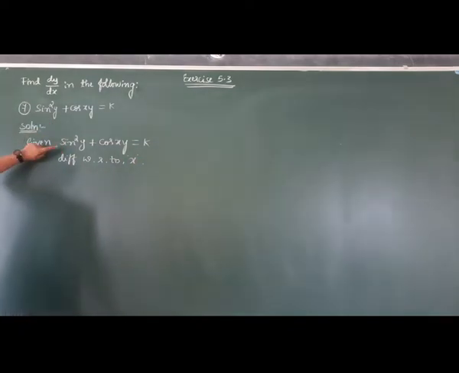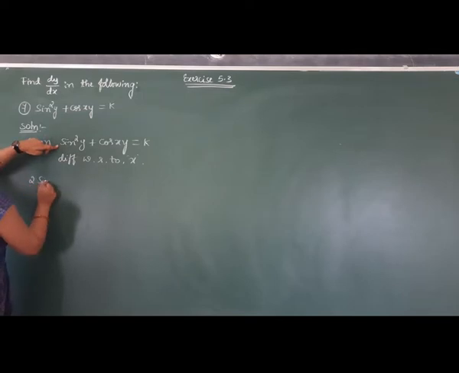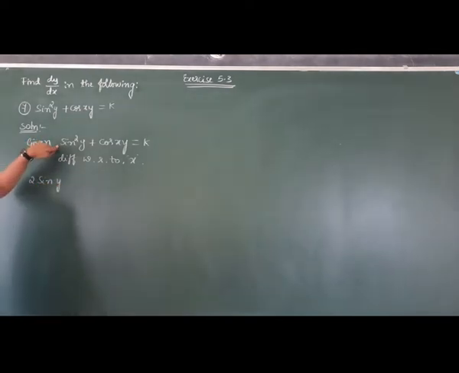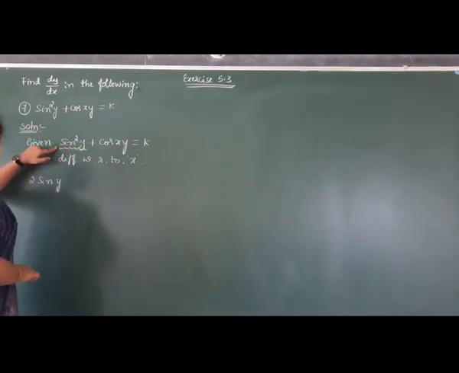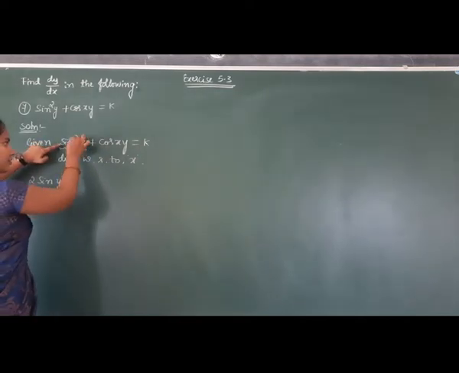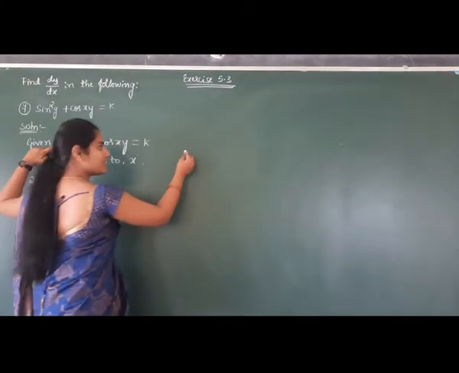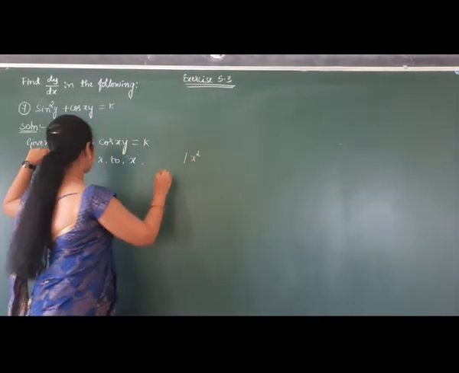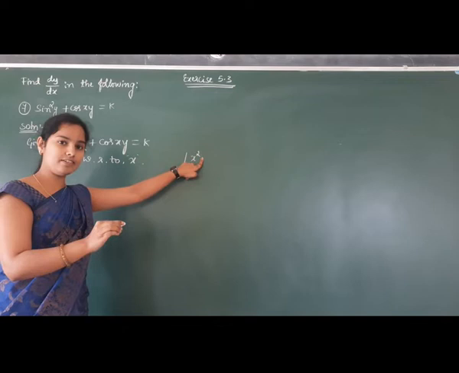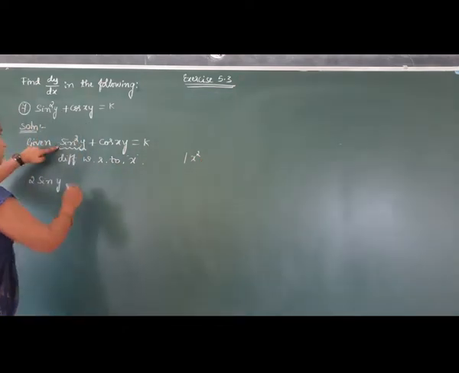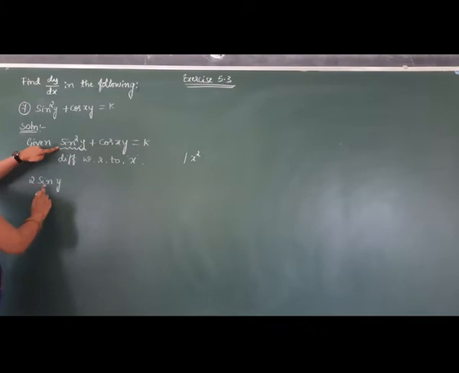Now the differentiation of sin square y with respect to x is 2 sin y. It is of the form composite function, so in one function another function is there. First I will differentiate sin square with respect to x. Sin square y is of the form x square, so what is the differentiation of x square here? 2x. So the differentiation of sin square y is 2 sin y